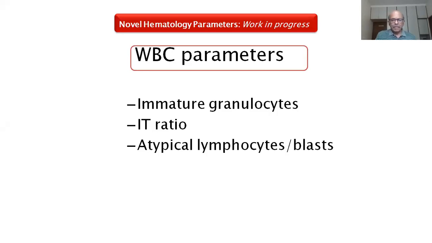Also, atypical lymphocytes and blasts, and the difference between atypical lymphocytes and blasts, is also possible with these newer parameters. So in a situation where you have infectious mononucleosis, where you have atypical lymphocytes, and even the pathologist is not certain whether it's an atypical lymphocyte or blast, these cells with a fair degree of certainty will tell you it is an atypical lymphocyte and not a blast based on the side scatter.